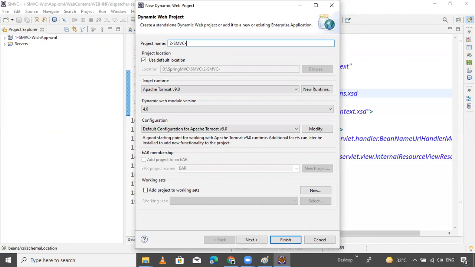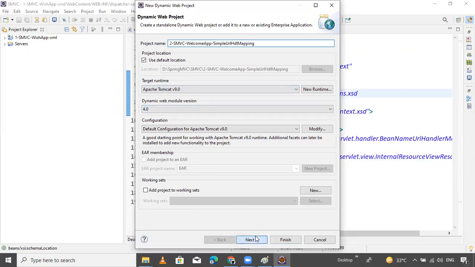Spring MVC, what is that? Welcome app, using simple URL handler. Shortcut.